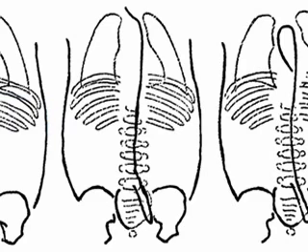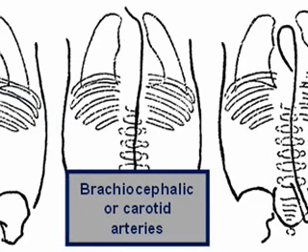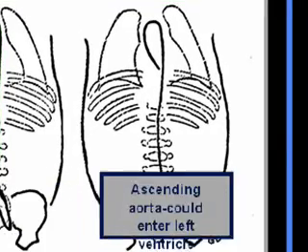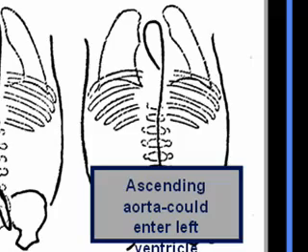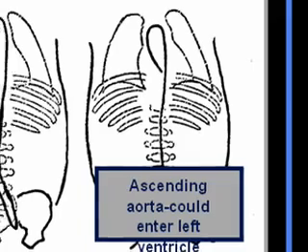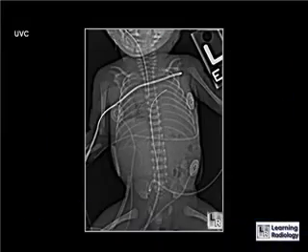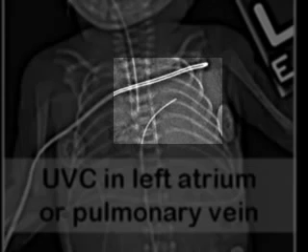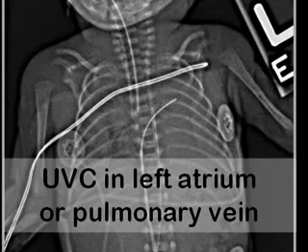This catheter tip is in the brachiocephalic or carotid arteries. And this catheter tip is in the ascending aorta. It could enter the left ventricle. The tip of this umbilical venous catheter is extending into the left atrium. It could be extending into a pulmonary vein, but in either case,